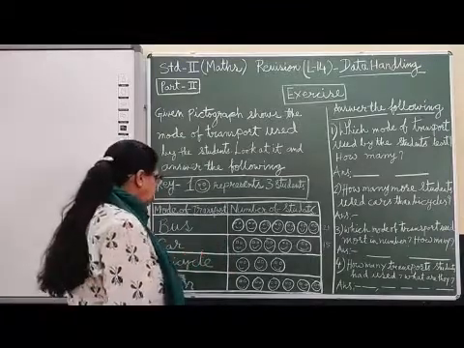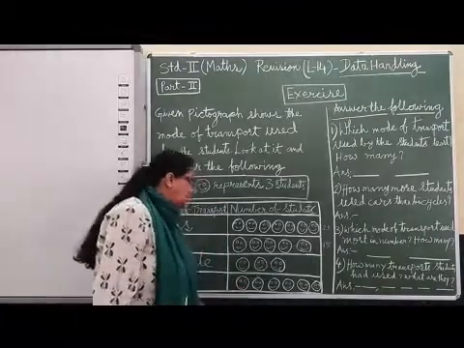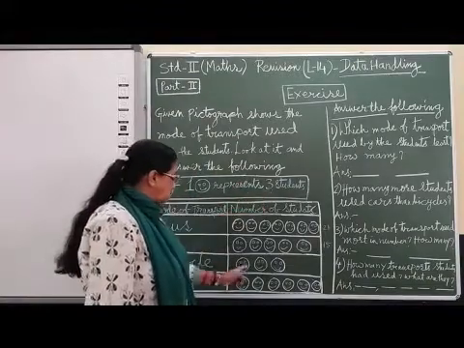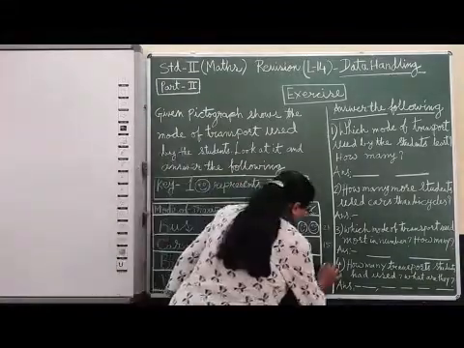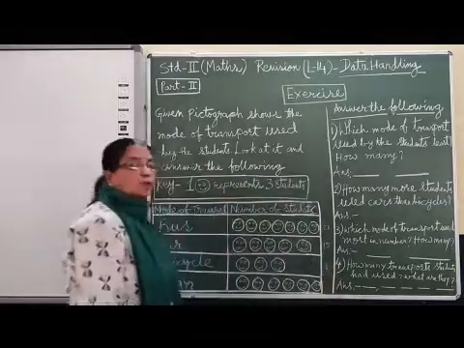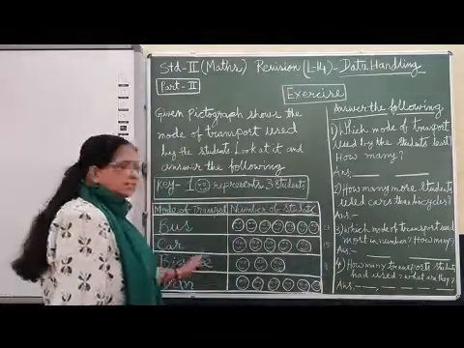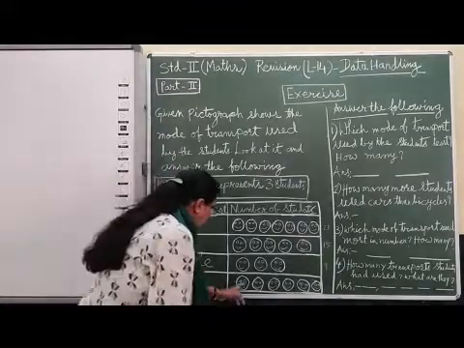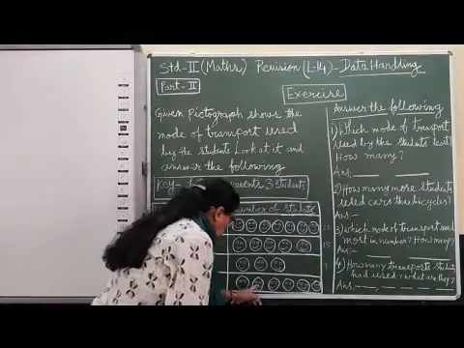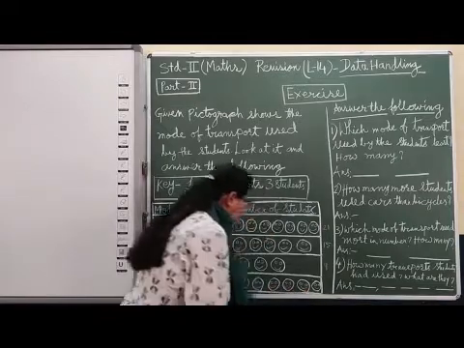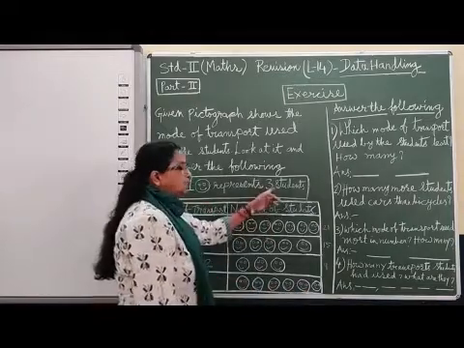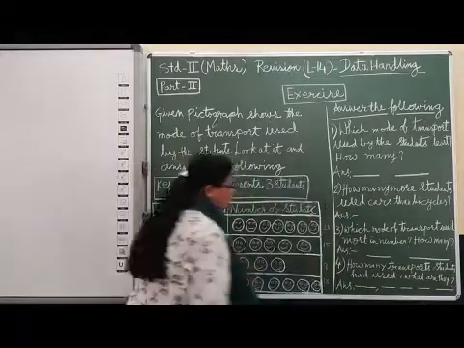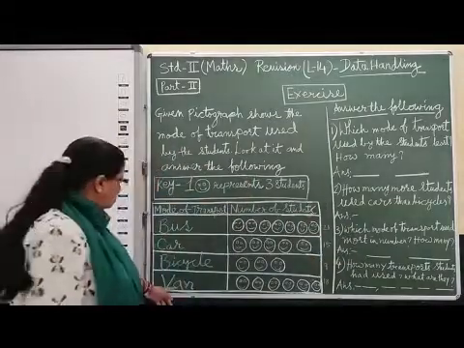Okay. Now bicycle. Here 1, 2, 3 are given and one smiley stands for 3. So 3 threes are 9. 9 students come to school by bicycle. Okay. Van. Who are using van? How many students? 1, 2, 3, 4, 5, 6. 6 threes are 18. 18 students are coming to school by van.